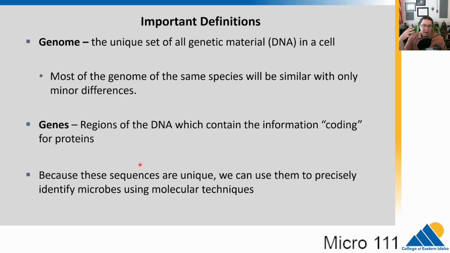Because of the uniqueness of each different organism, we can find ways to specifically identify microbes using DNA sequencing and other molecular techniques. So we can look at the genes, we can look at the genome and say, yes, this is this organism specifically. And we can even say this is a specific substrain of it. So you're probably familiar, we can use DNA technologies to identify a specific person as well. So these are 2 critical terms to have down because we're going to use them quite a lot in this